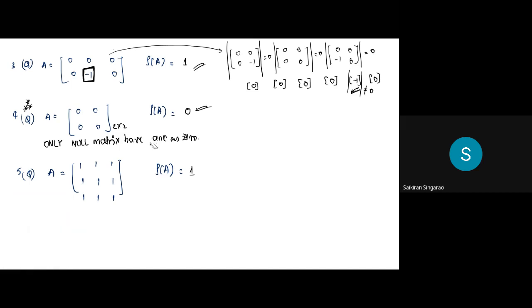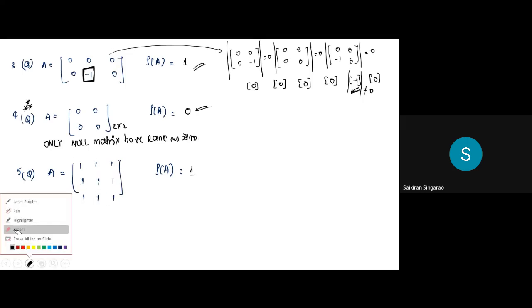Third one, if you see, the 3 cross 3 determinant you find, sir. Using the property, all are having the same, so the 3 cross 3 determinant is 0. Any 2 cross 2 you take, either this or this or this, all are coming the same, so all 2 cross 2 determinants are also equal to 0, right? But as soon as you go to 1 cross 1, all ones are there, so definitely 1 cross 1 is not 0, so that's why rank is going to come as 1, right?